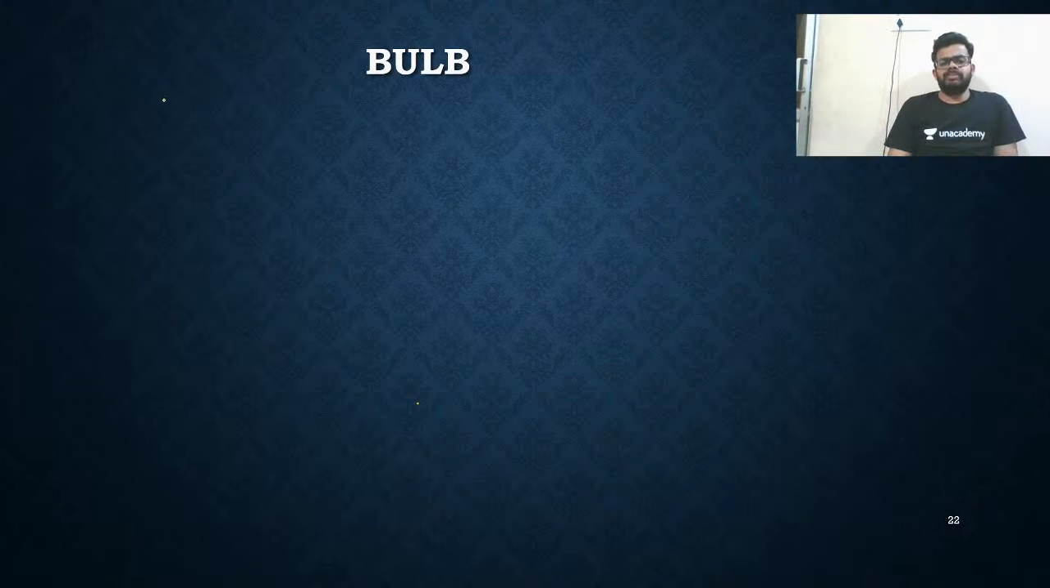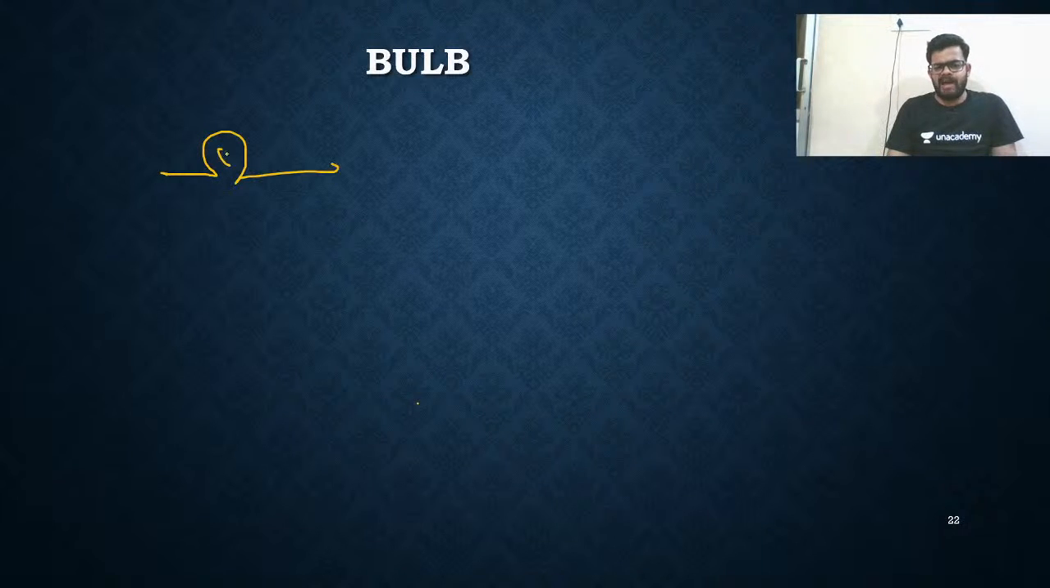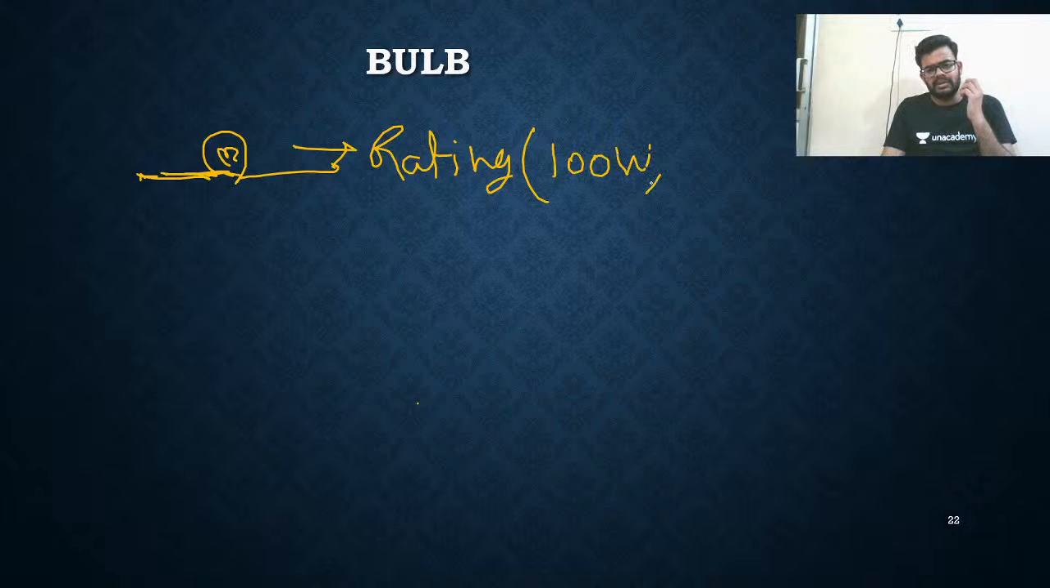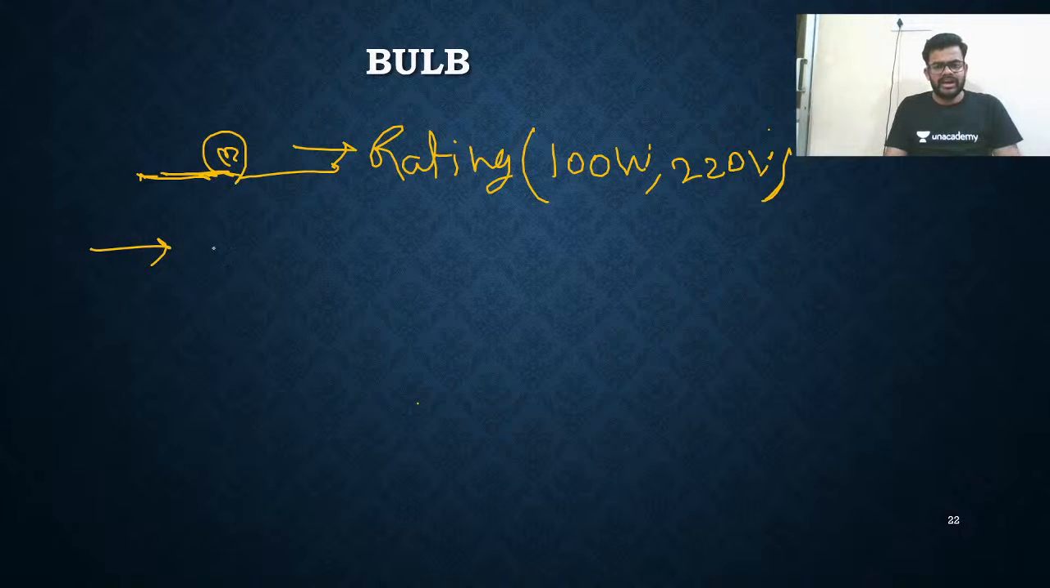Next, bulb. My dear, bulb is also an important thing. Anyhow, I explained to you once what the rating of the bulb is, but still I have to repeat it again. Listen. Let's say this is a bulb. Its rating is given like this: 100 watt at 220 volt. What is the meaning of that? I already told you. Its meaning is